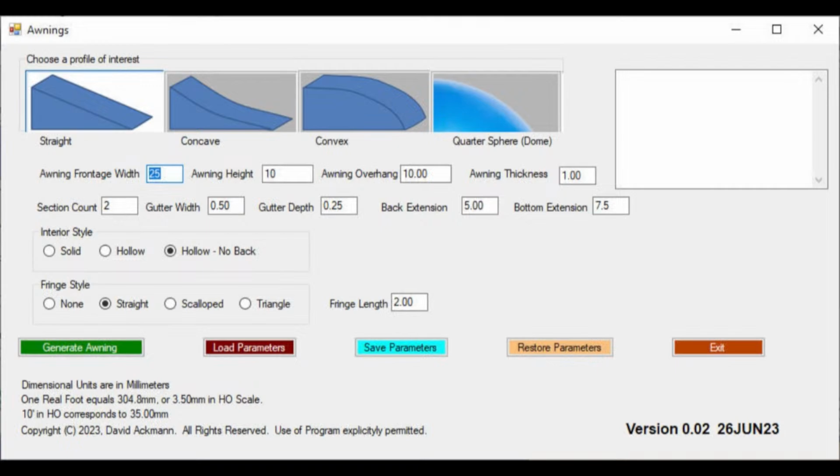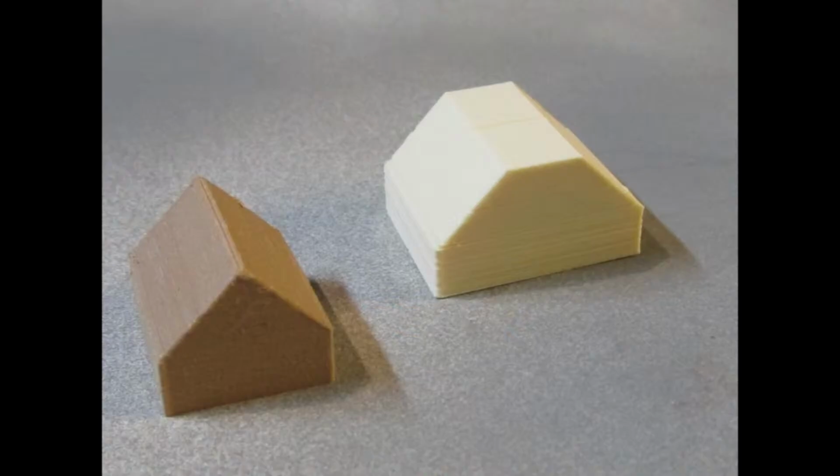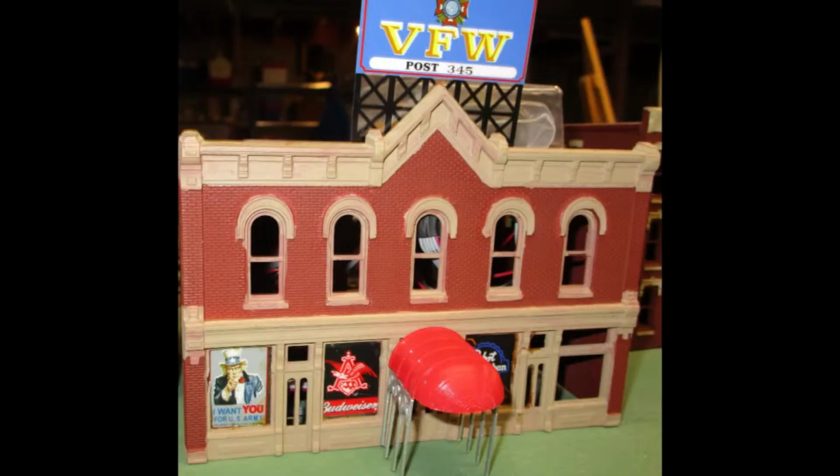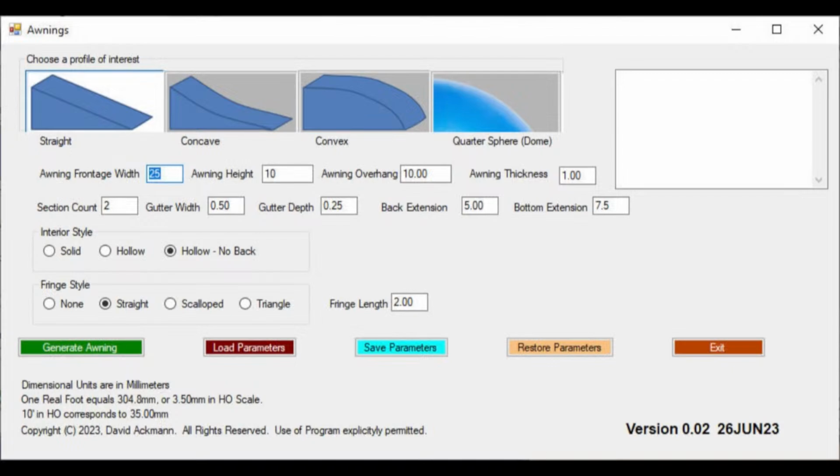While awnings are basically triangular, they can be enhanced with extensions on the back or bottom. Gutters were created to resemble seams, and scallops or triangular shapes added as fringes. Your own painting or custom decals will add to the effect. Awnings can be placed back to back to resemble a tent, or placed on a separate leg set for an entranceway to a fancy restaurant. You are on your own to create a red carpet. Hollow awnings may need supports when 3D printing. While only one of the 4 profiles has been created at the time of this writing,